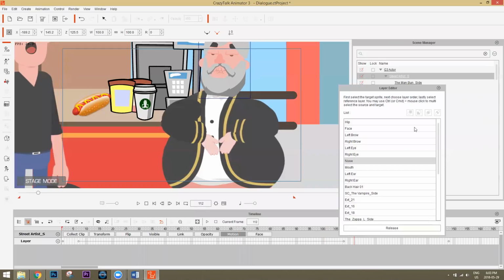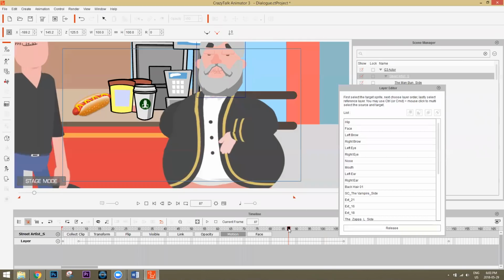So just keep that in mind. And I guess you can fix it with the layer editor, but it's a little bit more time consuming. But it looks better, I think, of course. So yeah, probably a good idea to do something like that. Although this one, it looks like he only has one hand on his stomach and one hand on his back. Okay, so that's one of the restrictions you'll deal with with 2D characters, unfortunately.